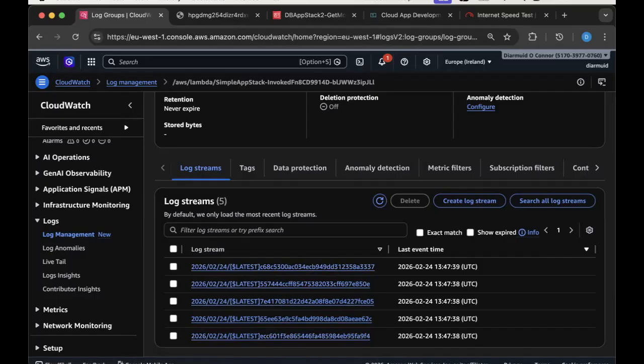And the Lambda service will distribute those 10 events across those 5 micro VMs. And if we look at any one of them, it won't necessarily send 2 events to this one, 2 to this one, 2 and 2. It won't necessarily work that evenly. It may send 4 to this one, 1 to this one, 3, and so on and so forth. So we can't really control that. That really depends on kind of network issues, etc., which we don't have any control over. But if we just look at any one of them,